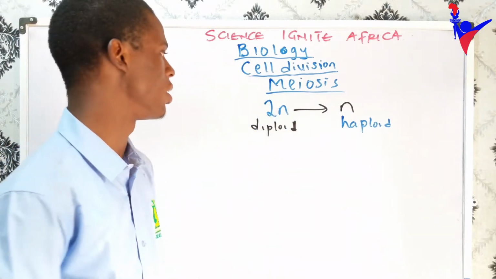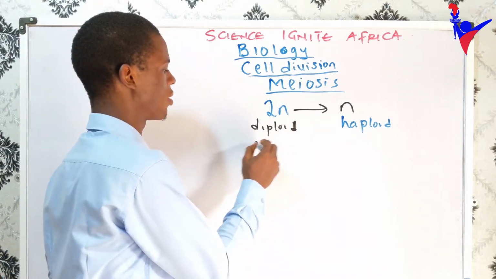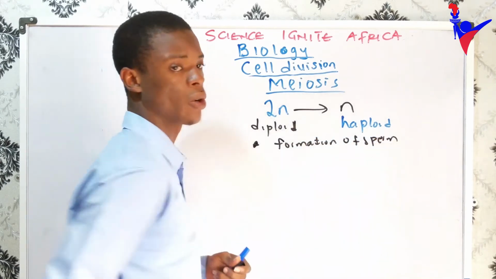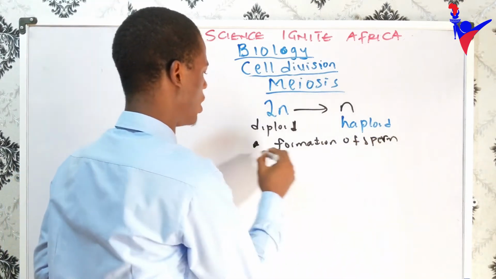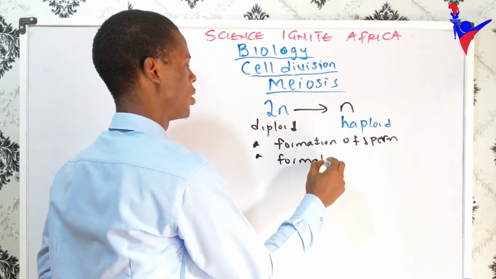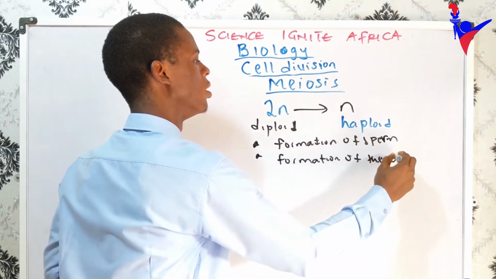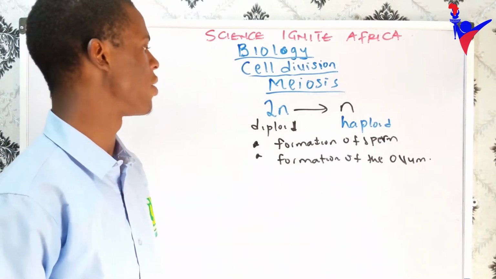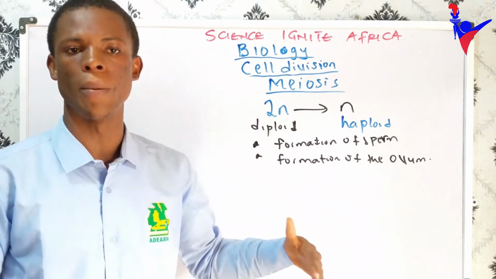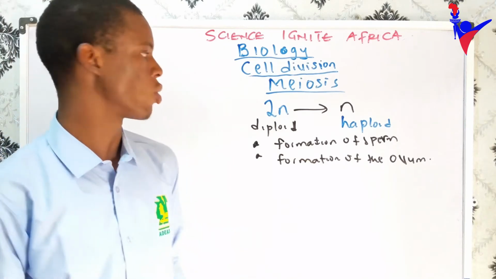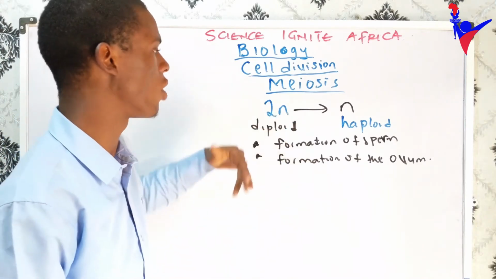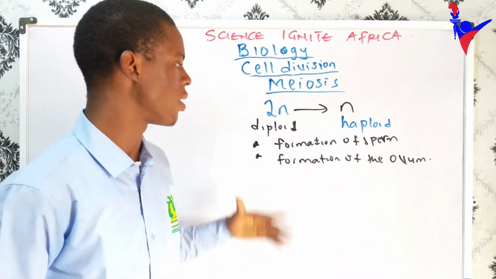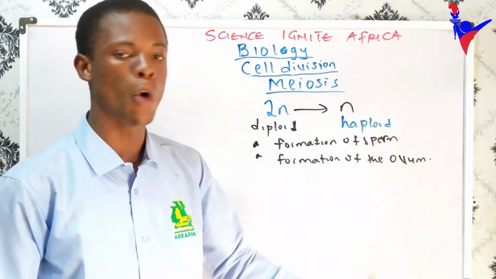Examples of what undergoes a meiotic division are the formation of our sperm cell, which is called spermatogenesis, formation of sperm, and the formation of the ovum. The ovum is the female egg cell. All these undergo the process known as meiotic division. So we are looking at the stages involved in this meiotic division. We have sperm cell formation, and the formation of the ovum on the female side,